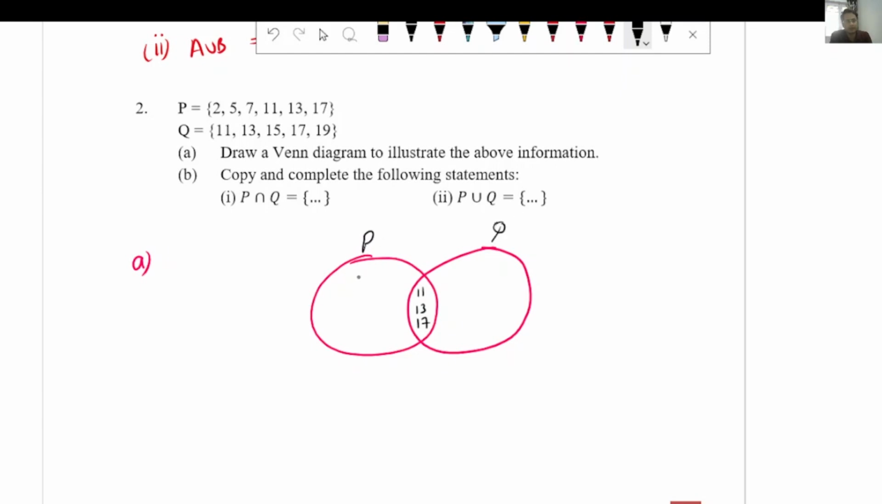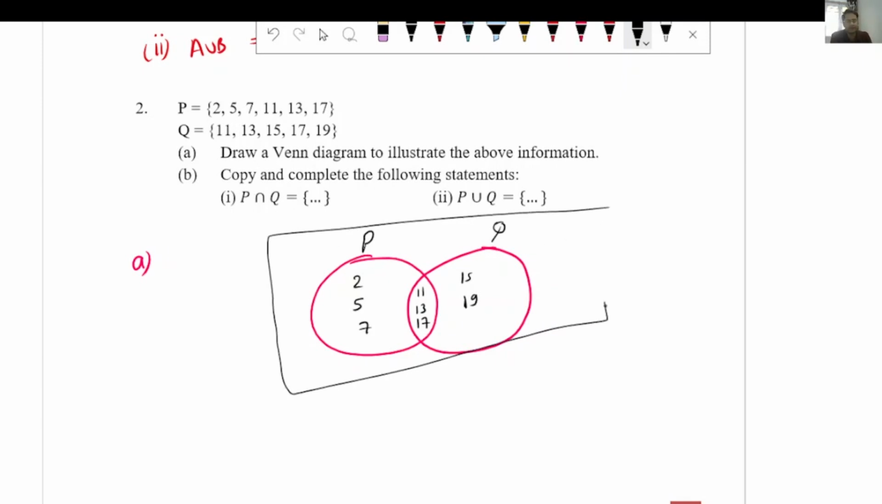So here I will take the numbers which are not repeating: 2, 5, 7, then 11, 13 and 17 is here already. Now here I will take 15 and 19. These two numbers will come. Okay, so I will just put a rectangle here. So this is a Venn diagram. Okay, I hope you got the